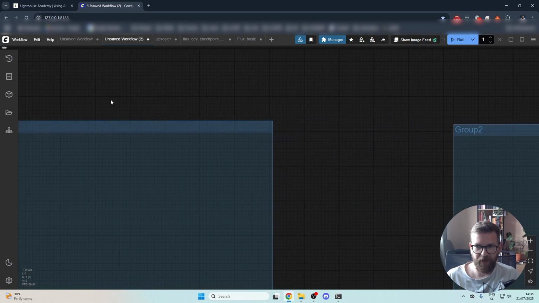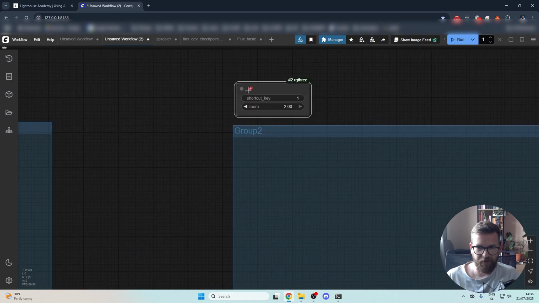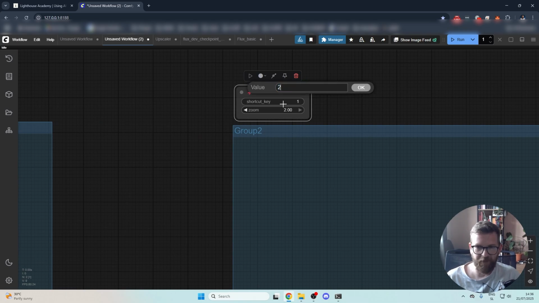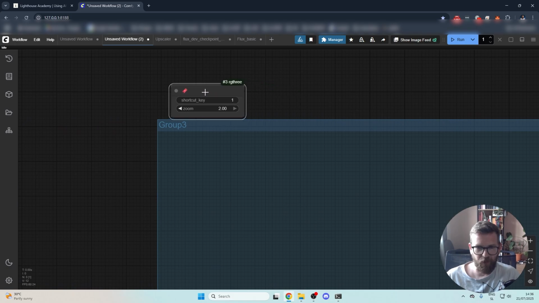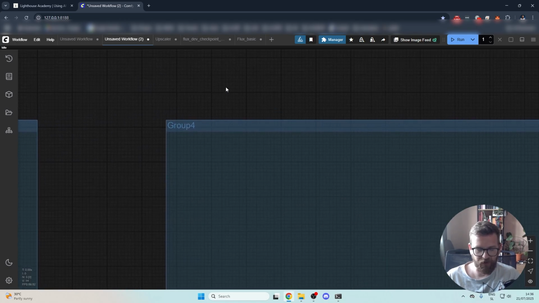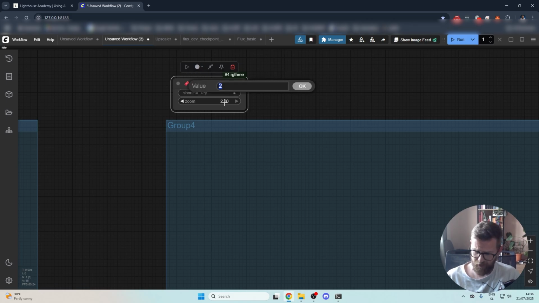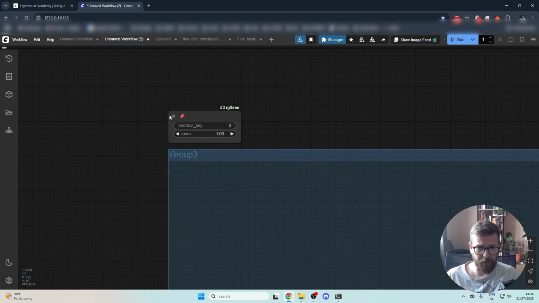Now we can copy it, go to group 2, and type in shortcut key 2, and let's go with zoom 1.5. We will paste another one, shortcut key 3, and zoom 1, and on group 4 type in shortcut key number 4 and zoom 1.2, for example. We can now collapse all the bookmarks,